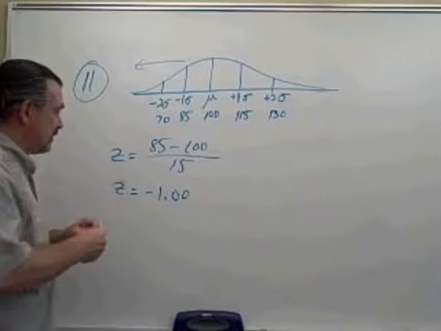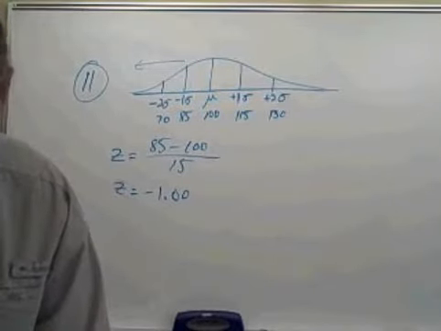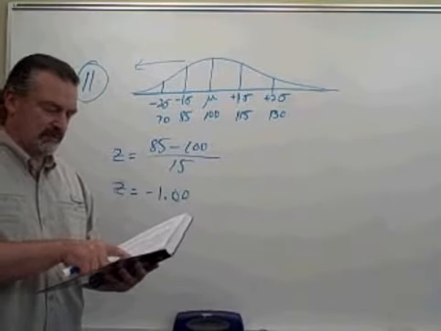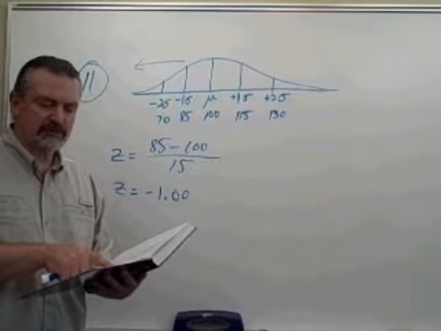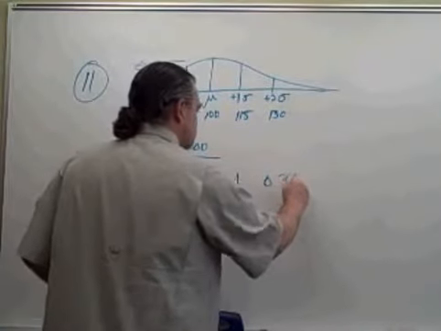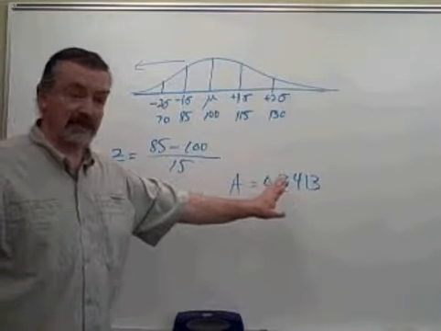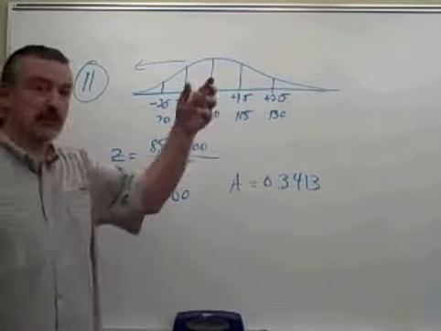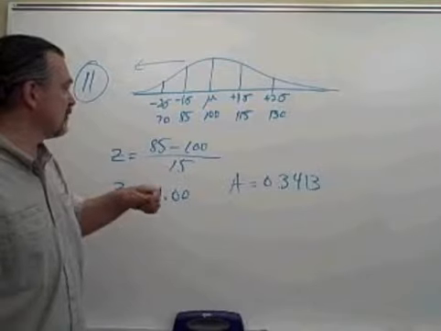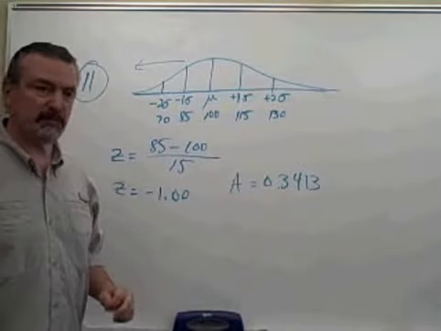So 1.00. So if we go to the back of our text, and look up the chart to find the area, we go to the value of 1.00, gives us an area of 0.3413. And the area can be thought of as a probability. So if you chose a student at random, or a person at random, I should say, the probability that they have an IQ below 85 would be a probability of